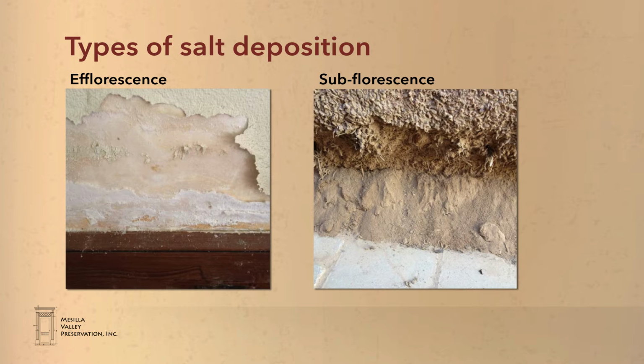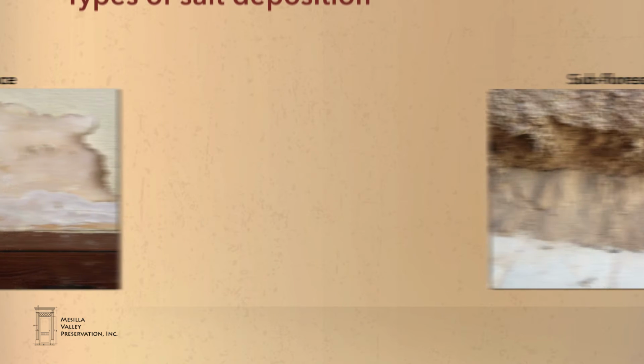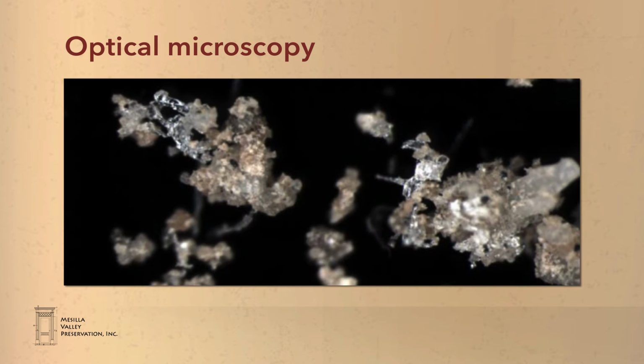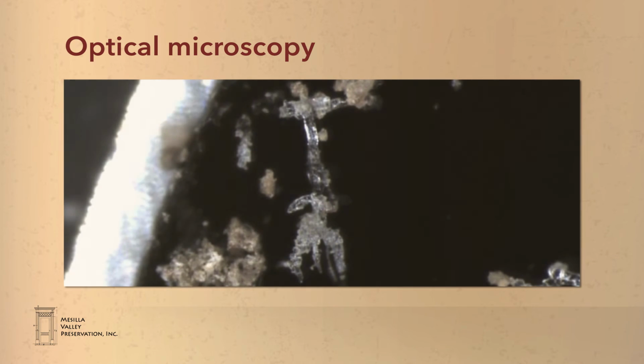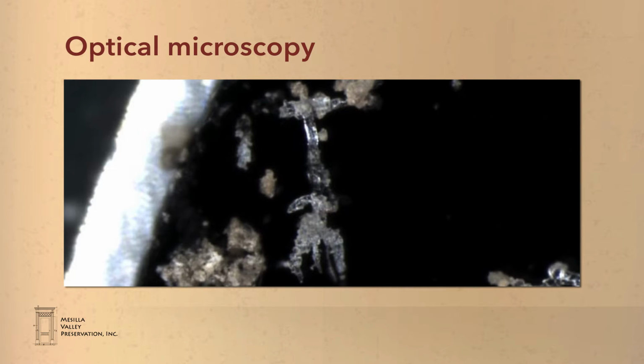On rare instances, they can be seen with an optical microscope. Just because you don't see salt crystals doesn't mean they aren't there, and it doesn't mean that you don't have salt attack. Though they are elusive, we have been able to isolate crystals from subfluorescence using optical microscopy. You can see that they do not resemble the cubic salt crystals that salts form in the open air. Instead, these crystals resemble transparent glass tree roots, taking the form of the microscopic pore structures in the adobe masonry